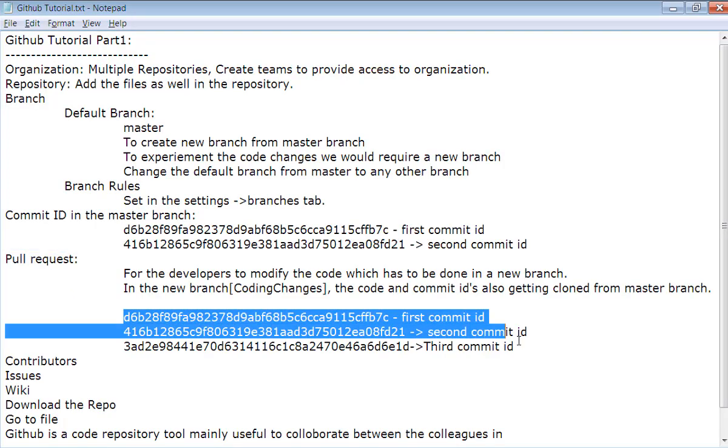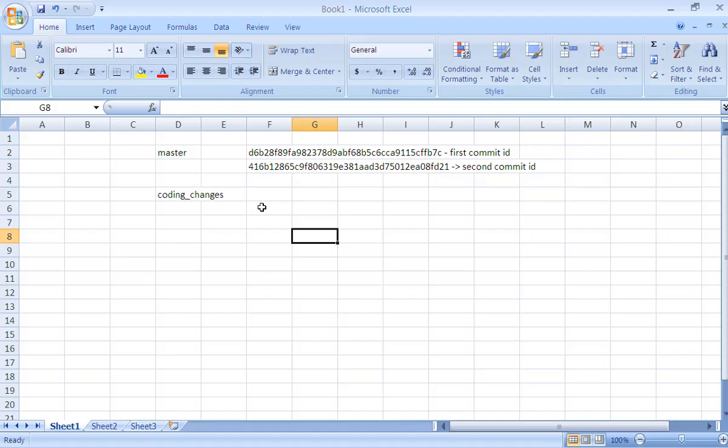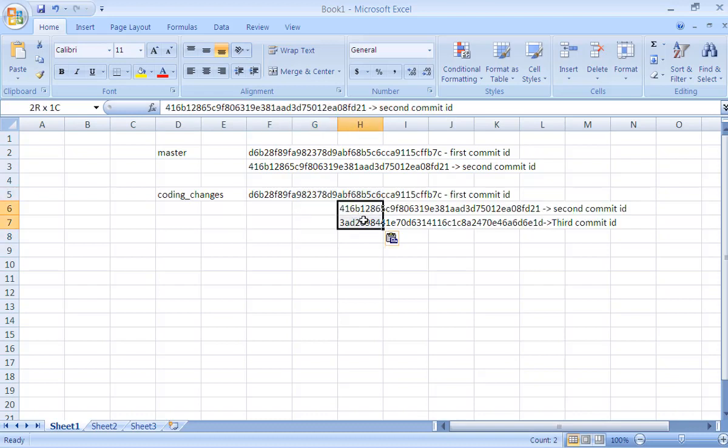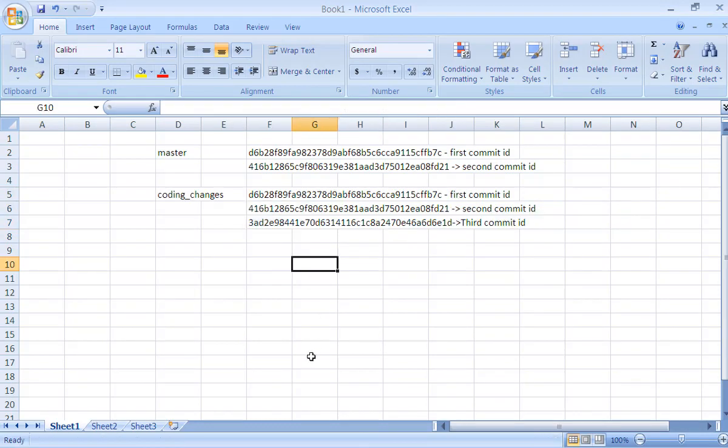Similarly, in the code changes branch, we are having these 3 commit IDs. So what is the difference between the master branch and the code changes branch? The difference is only this commit ID.